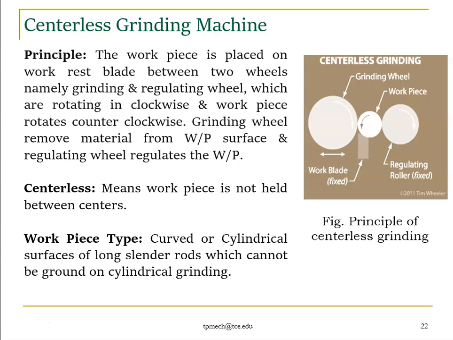in a cylindrical grinding machine, the objects are held with the help of centers. One of the specifications of a cylindrical grinding machine is the length between these two centers. For example, the length between two centers may be 1 meter. Assume 1 meter, then we can hold a slender rod up to 1 meter. We cannot hold more than 1 meter because our maximum length is only 1 meter. If the distance between these two centers is 1 meter, but I have a workpiece of 2 meters, then I cannot grind it.